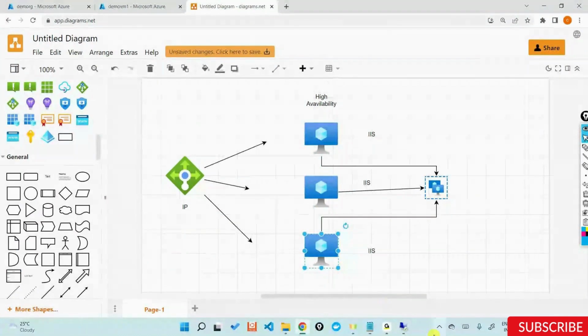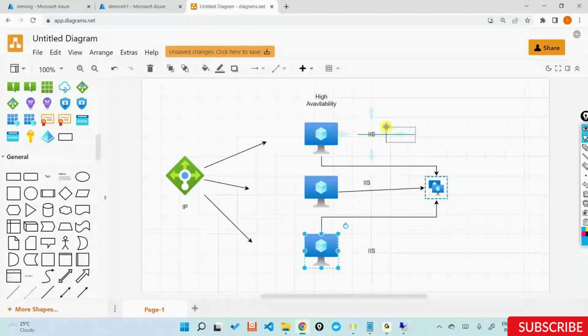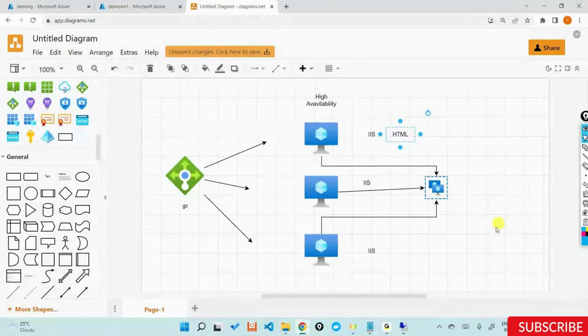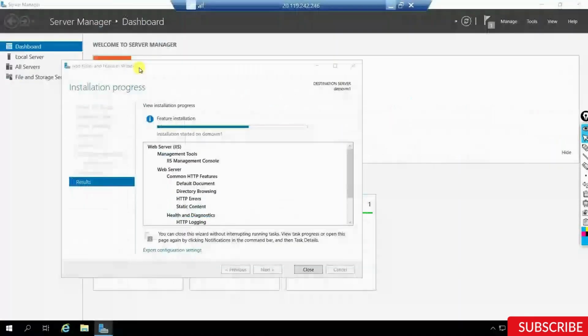Whatever I'm doing for VM1, I'll do the same thing for VM2 and VM3, and I'll place a very simple HTML document out here. Whatever HTML document that I have here, I'll place the same HTML document in VM2 and in VM3 to make sure that each and every VM is an identical copy of each other. I'm just cloning these VMs, and then later I'll get something known as a load balancer, and so on. So let me go inside this VM, and once this installation is done, it will take around